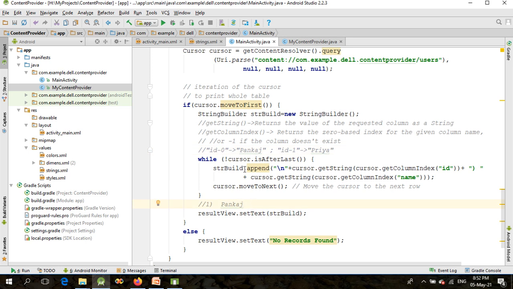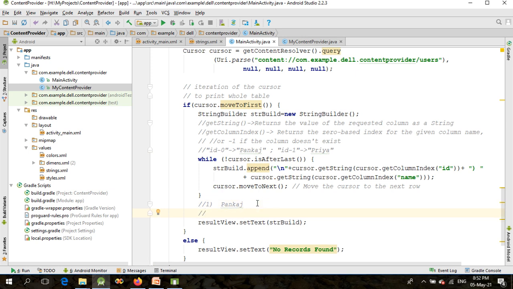Again, this string builder will append /n, it means it will come to the next line, and in this case the get string method will receive the column index as a 2, because right now the cursor is at the second record, so it will save 2 and then followed by the bracket here,